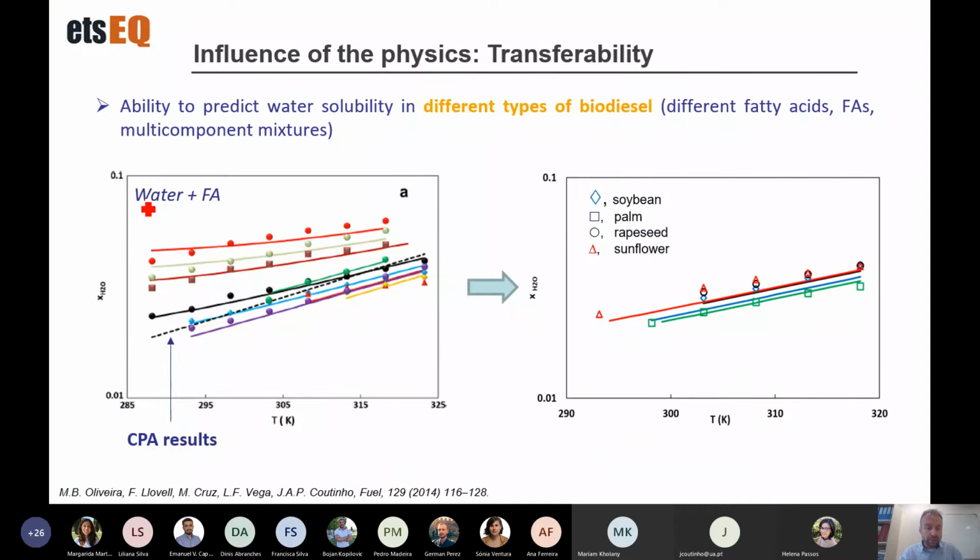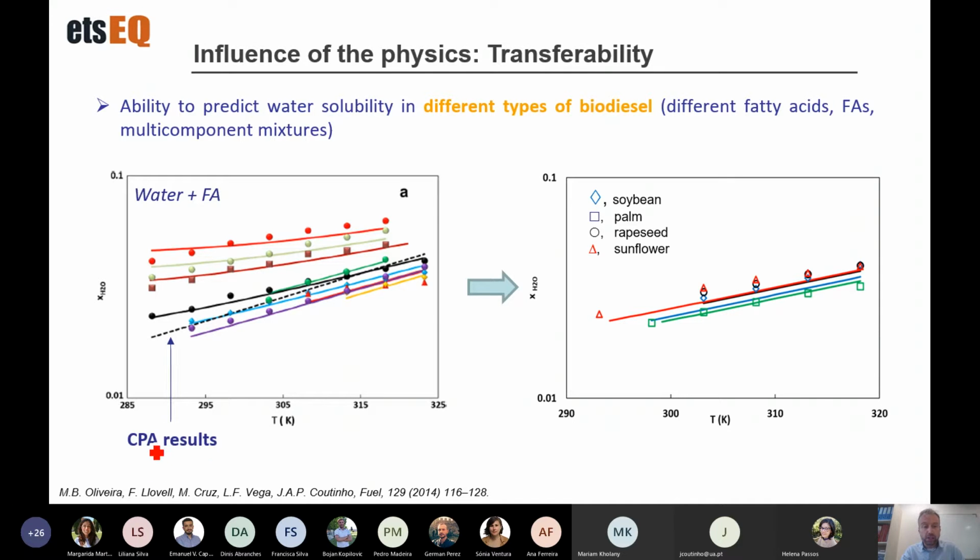And we describe water with fatty acids, okay? The lines correspond again to SAFT, and the symbols are the measurements at different temperatures. This is the fraction of water, okay? And you can see this dashed line, which corresponds to the calculations done with another equation of state, which is